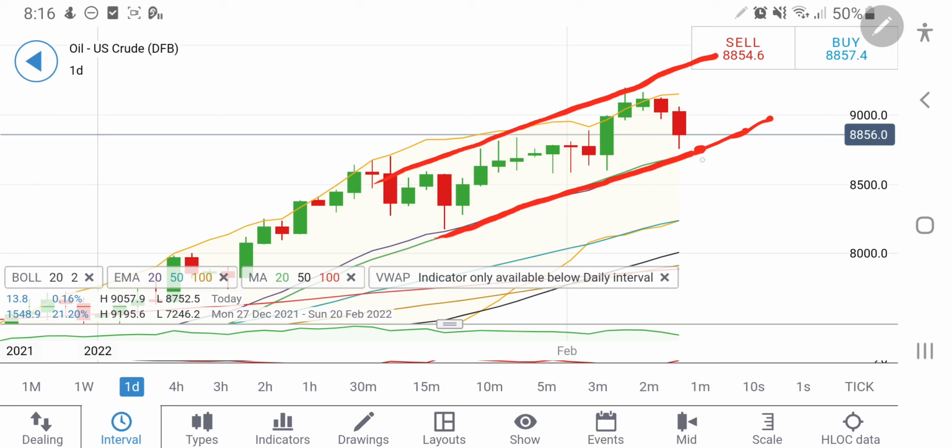Once 87.50 is taken, then only I will recommend you to go short, else it can again try to bounce back from here, probably taking the support at 87.50. Also there is a resistance at 90.00 levels. So for the day, it might trade between this zone at 87.50 and 90.00. Once it breaks 90.00, definitely it will move sharply on the upside towards 92 levels, and plus levels can also be seen on crude oil.